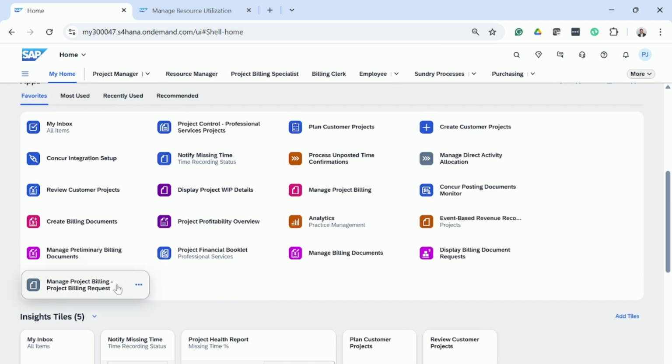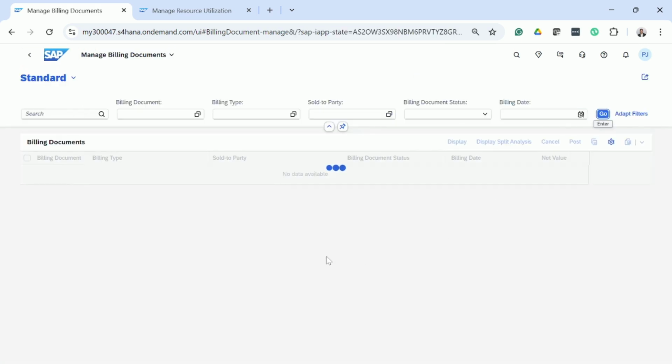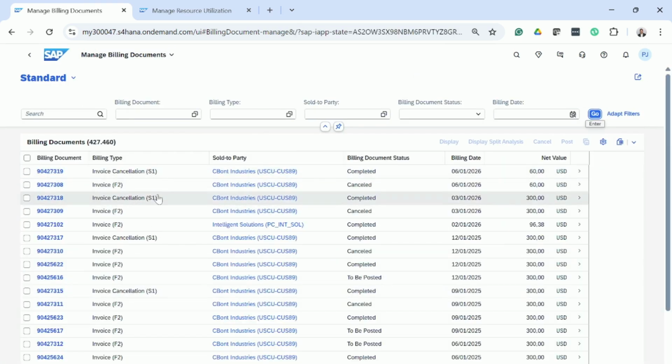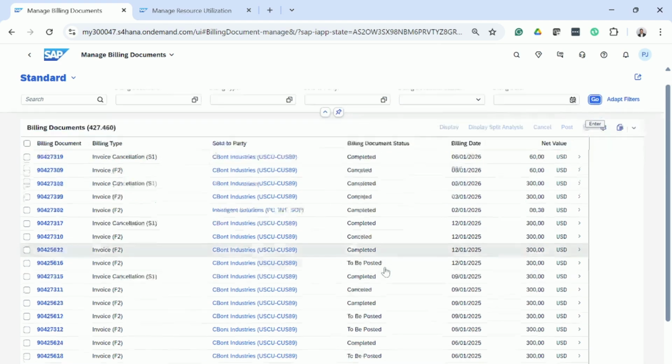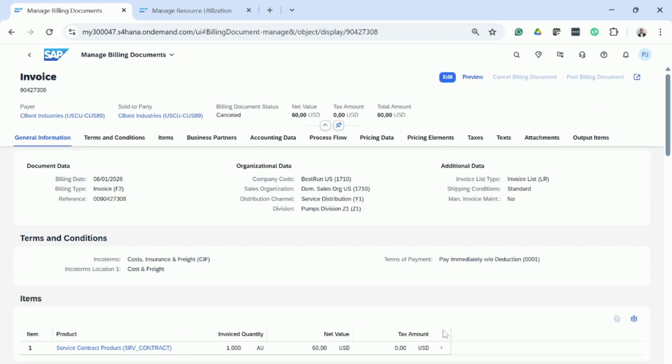And so once the project billing request becomes an invoice, that will be in our billing documents, where I can see all my billing documents, what's been invoiced, what's been canceled, and their status as an accountant, and be able to execute and post those invoices. So to give you an example of an invoice, here's an invoice and its overall net value,